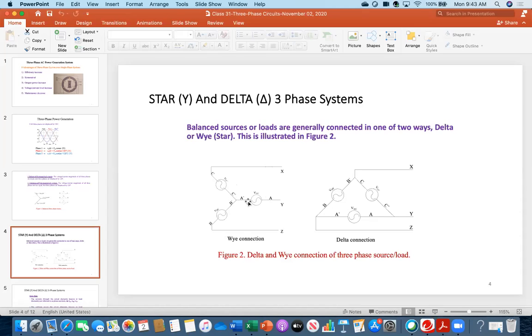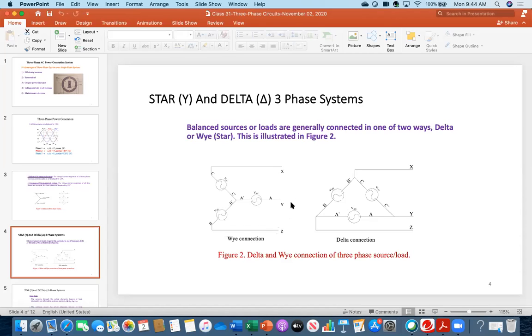So when it is the individual coil itself, those are called the phase. And once they are connected to the outside line, these are called the line. So once you are talking about X, Y, Z, you will be telling three lines, like X line, Y line, and Z line. Once you are talking about only this one, you will be using the word phase: phase A, phase B, phase C. And once you are talking about X, Y, Z in this portion, you will be using the word line, like X line, Y line, Z line. Again, three-line system. Instead of three-phase system, you could say three-line system.